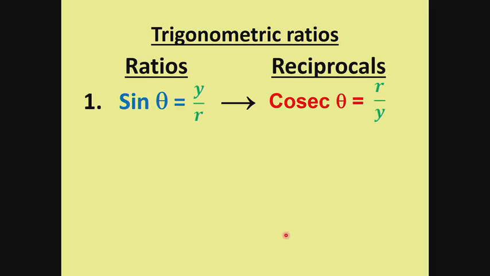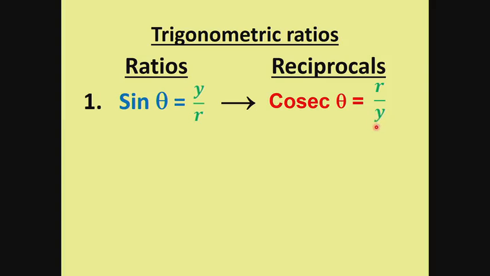Now, can you see why I'm saying try to know it as y over r, x over r? It's going to help you. All that you need to know is, whenever I say sine, you must know the reciprocal is cosec. Remember, if I say sine, what do you say? Y over r. So sine's reciprocal is cosec. And if sine is y over r, then cosec is r over y.